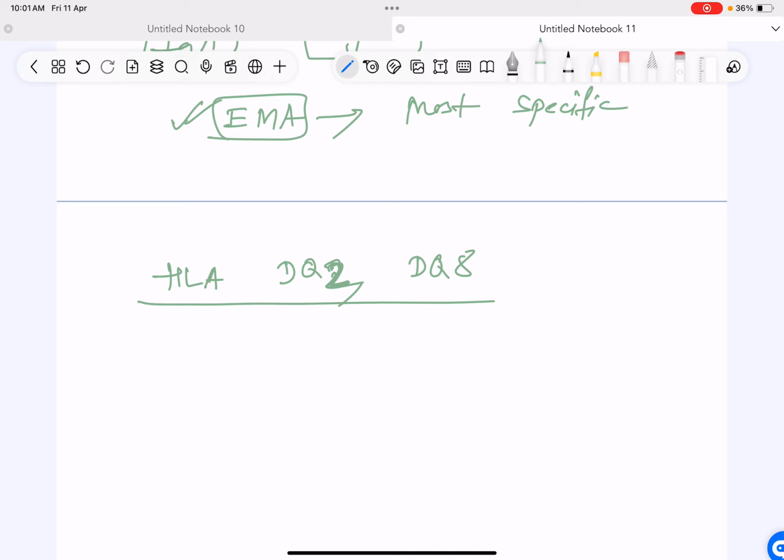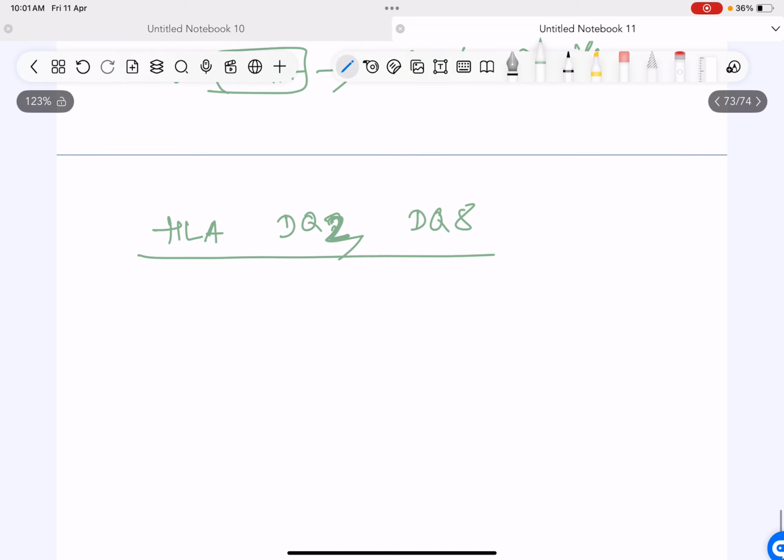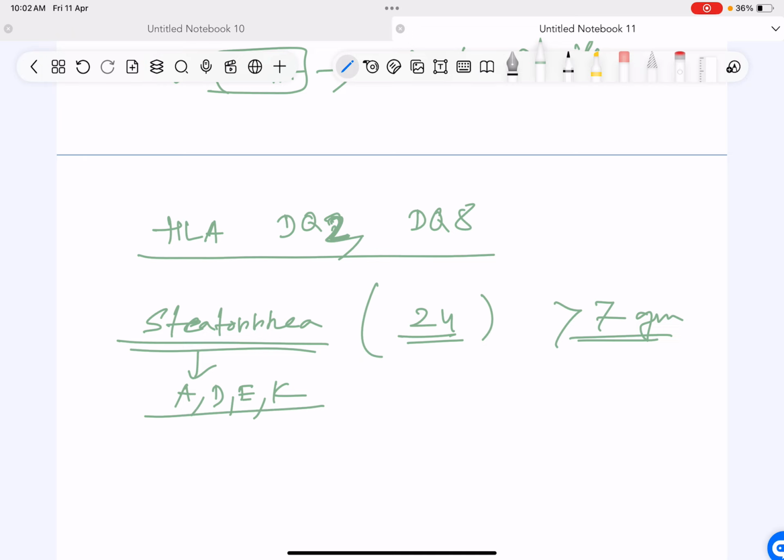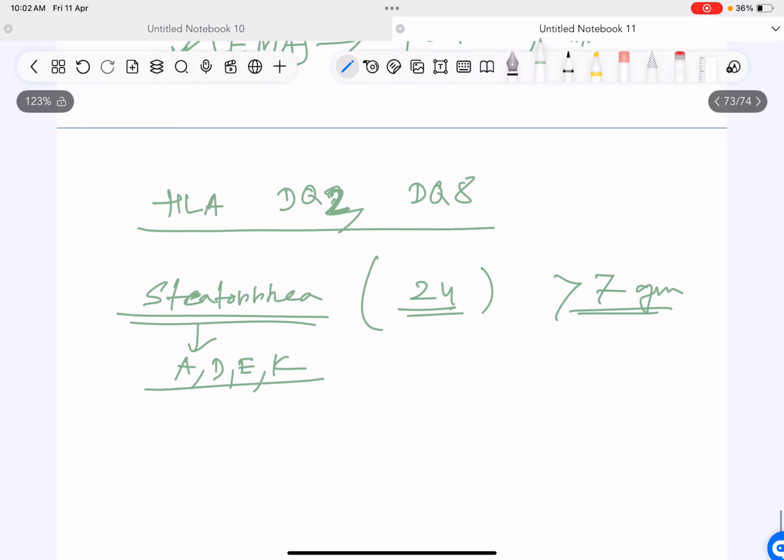So the symptoms of malabsorption, we haven't discussed them, so let me tell you the symptoms of malabsorption. First one is obviously steatorrhea, that is fatty stools. To confirm whether steatorrhea is present or not, you have to check the 24-hour stool fat level. If it is more than 7 grams, it is steatorrhea. If you have steatorrhea, that means you're not able to absorb fat. You lose vitamins A, D, E, K. These are the fat soluble vitamins. You will lose them. Also, you will have iron deficiency anemia,